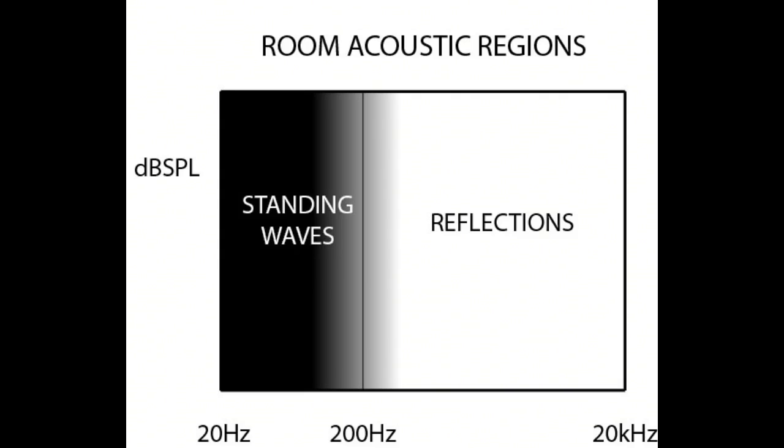Right. So, it depends on the size and proportion of the room, but generally speaking, for most common home theater spaces, it's around 200 hertz or so, where below that frequency, the standing waves, which are determined by the proportional or the dimensional ratios of the space, dominate the sound. They take over. And then above that frequency, it's the reflected sound, or what I'm calling the room signature, that determines the sound field. And so below, in the standing wave mode region of the bandwidth,